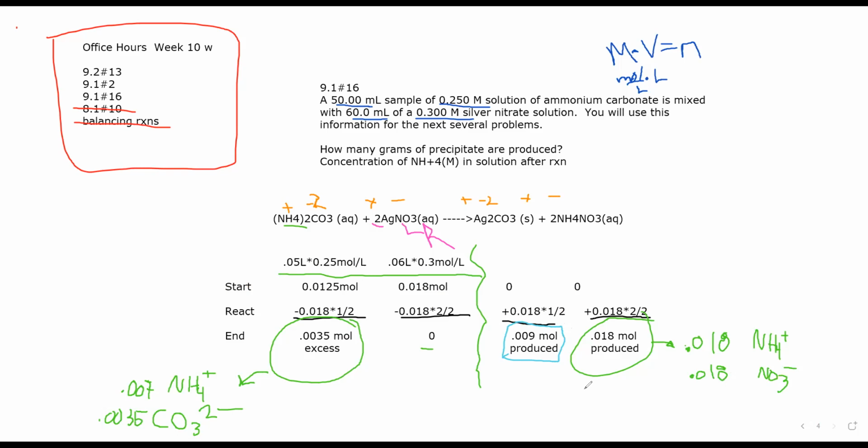So one of the first things that you can notice here is how many silver ions do I have in solution? Well, I don't have any, right? All of the silver has ended up locked inside of the silver carbonate. So there's no silver ions in solution. Then we can say, okay, well, what's the concentration of carbonate? I can figure out the concentration of carbonate just from this one number here, since there's only one place where carbonate is existing, I can just take this 0.0035